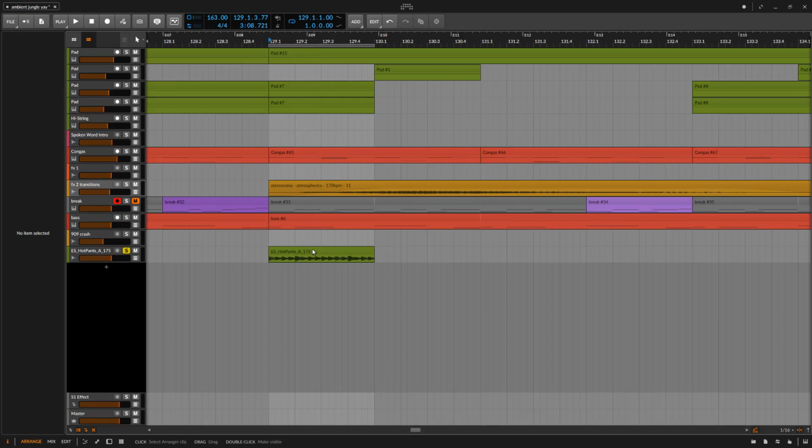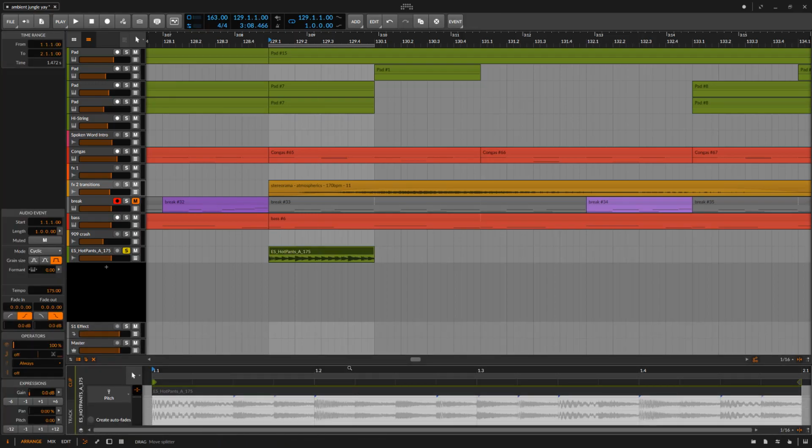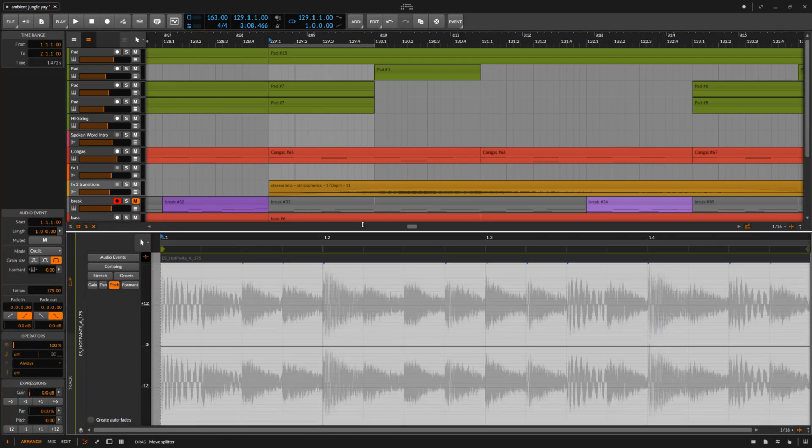Now there are a bunch of different ways to chop it up. I don't think there's a right or a wrong way. So what I like to do is the multi-sample method sometimes. You can do a drum, extract all the individual slices to a drum machine. The multi-sample is a little more old school, and I think it gives you some more leeway with programming your